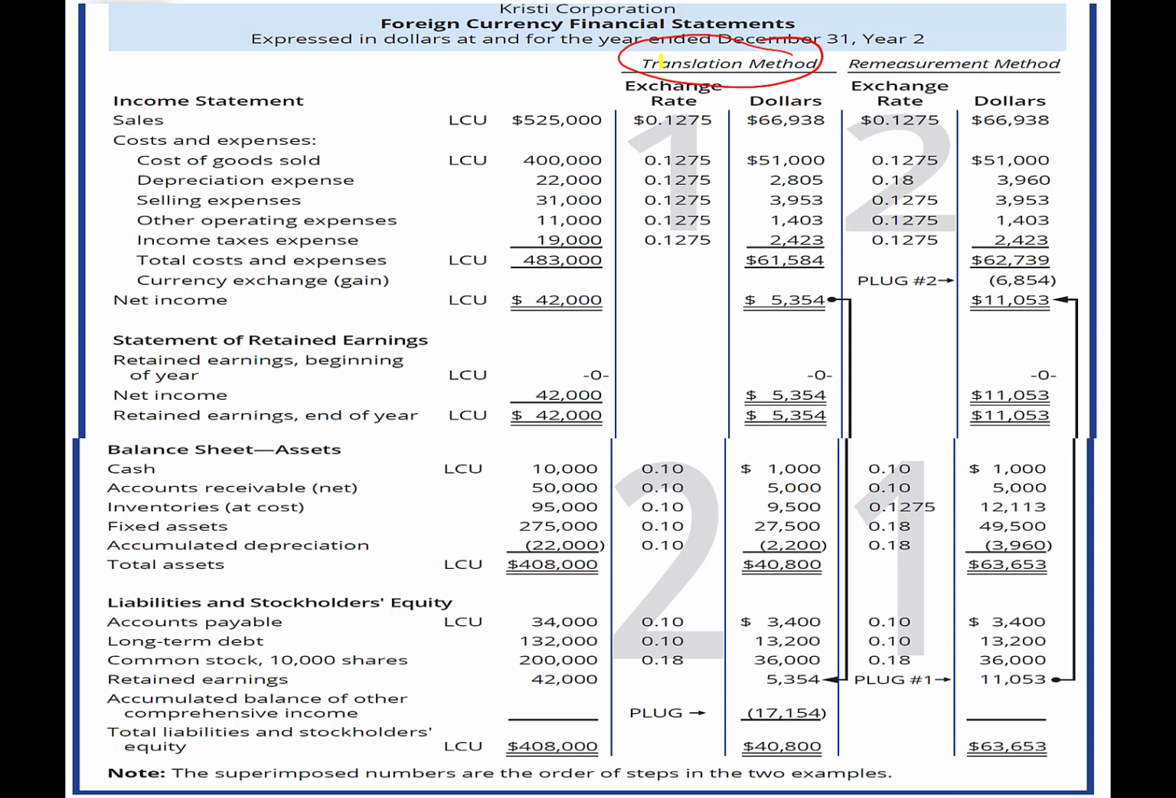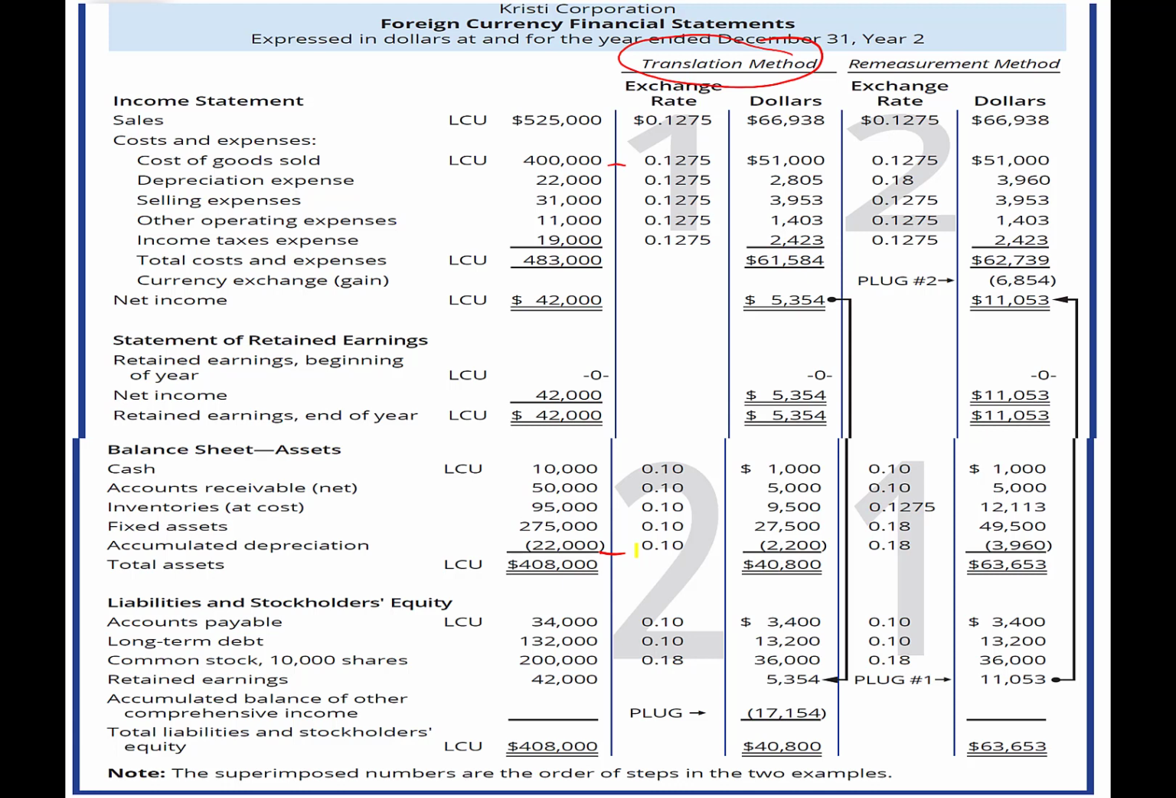And again, translation method would be used if the local currency was the functional currency. We're going to translate from the functional / local currency, the pound, to the dollar, right? Now notice here the 1 and the 2, meaning that now we're going to sit here and start with the income statement, roll our net income down to our retained earnings, and then we'll go ahead and